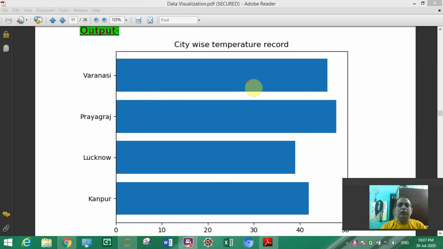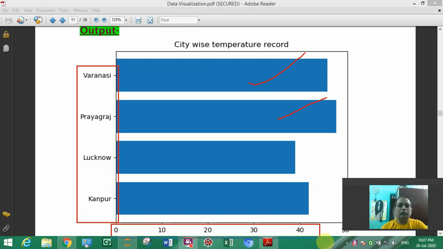So the bars will be horizontally aligned, and that constant part which was on the x axis is now on the y axis, and the variable part which was on the y axis will be on the x axis, and the title of the chart will remain the same on the top of the chart.